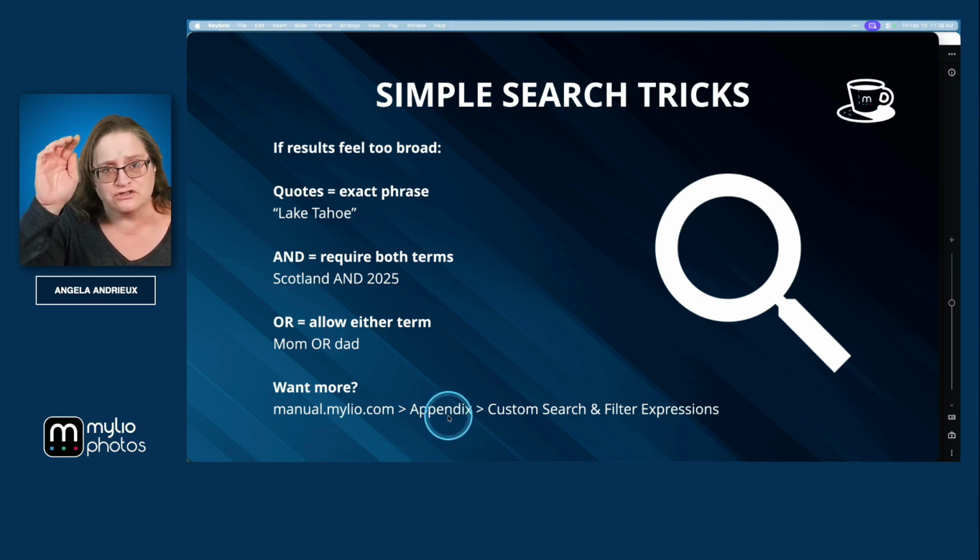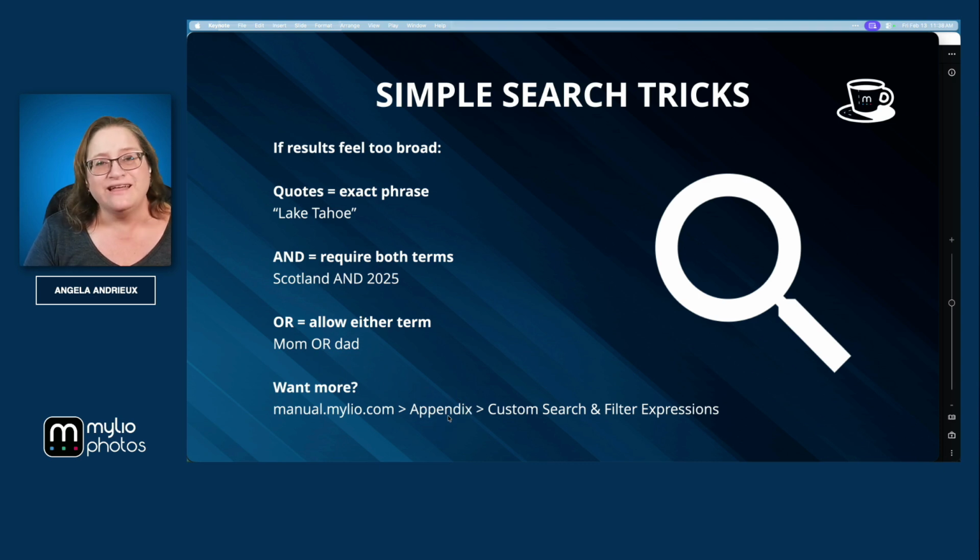Down in the appendix, so you scroll all the way down to the bottom of that table of contents, there is a chapter here for custom search and filter expressions. And we go into a ton of these options that are available in Mylio Photos. But the ones that you're going to make the most use of for most occasions are going to be those quotation marks and the "and" or "or." So hopefully those give you a little bit of help in narrowing down and using that dynamic search to take the broad spectrum of your library and bring it down to a manageable chunk for you to look through